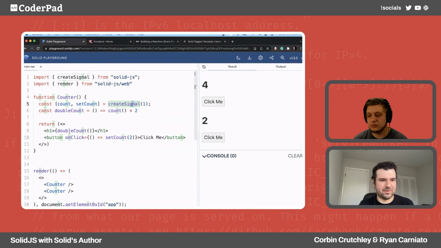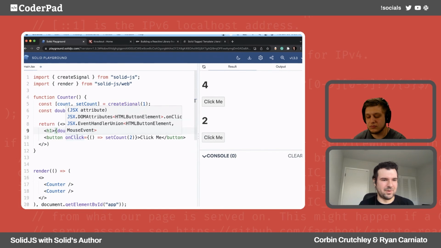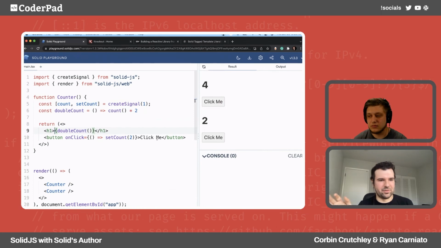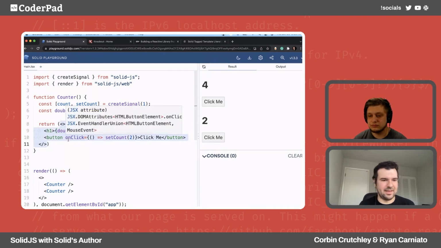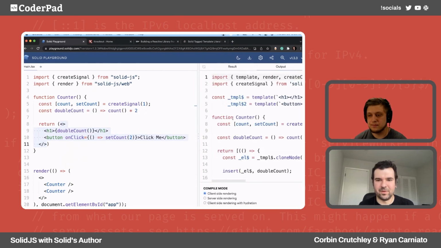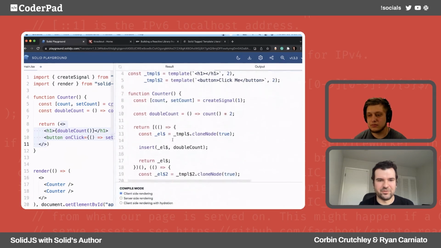Because I already showed you, these are just some create effect calls littered throughout the compiled code. When people look at Solid's compiled code, they aren't like, oh, what is this other thing? It's not quite as transparent as HyperScript with JSX, where all of these are just function calls. There's a little bit of direction in terms of some templates that get cloned, but generally speaking, it's only this that actually gets compiled, and it just gets compiled into the stuff we were writing at the beginning of our talk here. You can see it right here.